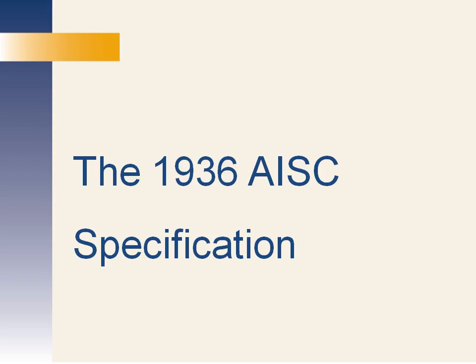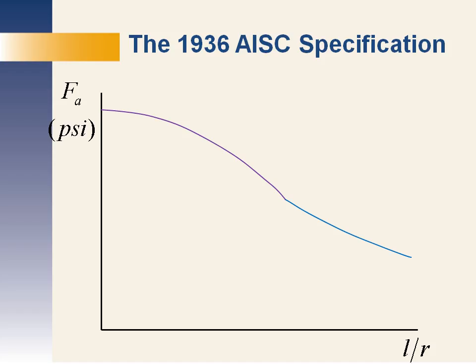After 1923, we'll move into the next era, and there were several revisions of the AISC specification that ensued. This period was a time of growth in both knowledge and application, but treatment of stability evolved at a much slower pace. Let's look at how, and we'll start to do that with the 1936 AISC specification. The allowable stress for column buckling was given as shown in this curve. It's fairly similar to what we saw before. If you have a good eye, you'll see that the blue portion of the curve to the right is identical to that portion of the blue curve I showed before.